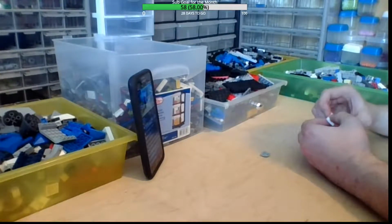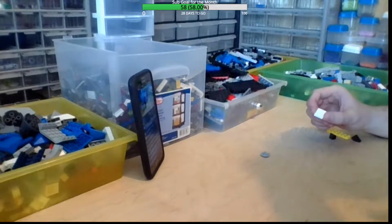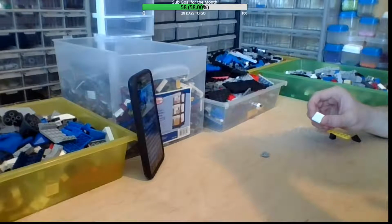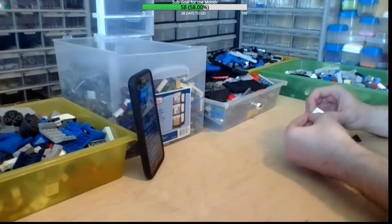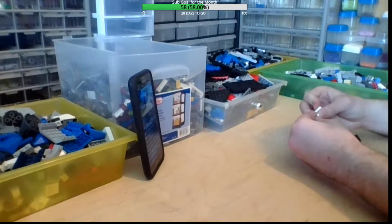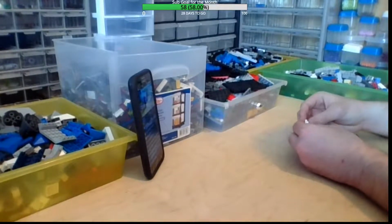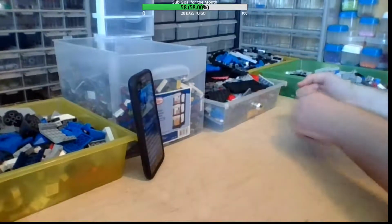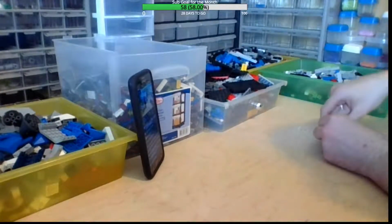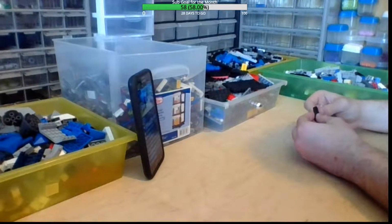But I feel like the problem is we really don't know the size of the First Order. How much of the galaxy did they control? Were they really just all coming out of the unknown region and attacking small planets, or did they have a massive grasp on the galaxy? We don't really know. It's never really said. So the whole scale of what's being called the Cold War era is...